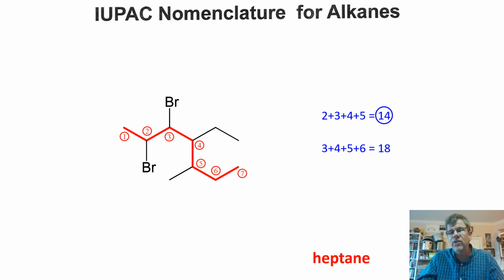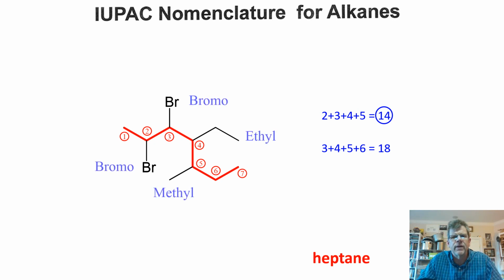Sometimes you have to do what I just did here, just as a check to make sure you're numbering in the right direction. Because if you're not, then every single one of your substituents is going to have the wrong number, or most of them anyways. So, having numbered this correctly, now we look to our substituents. What do we have here? Well, I see, as I said before, a couple of bromos, there's a methyl, there's an ethyl,